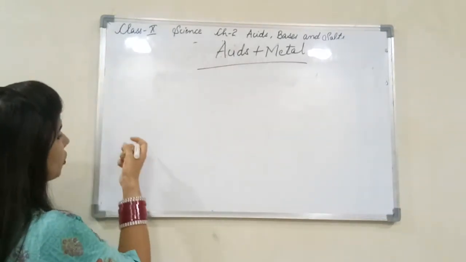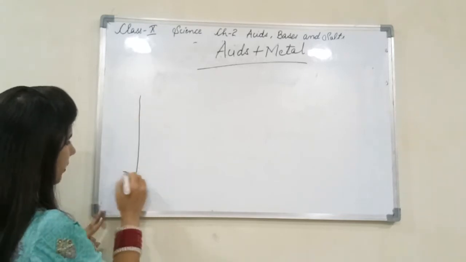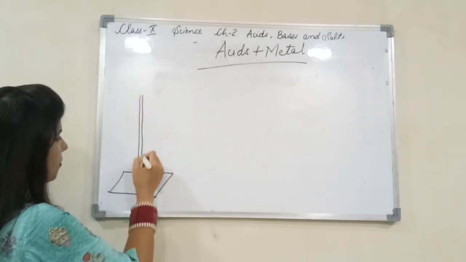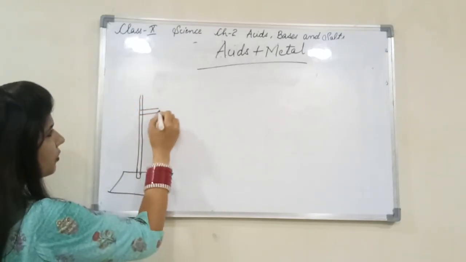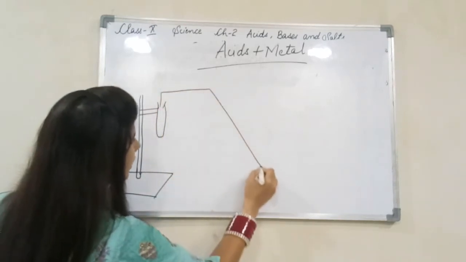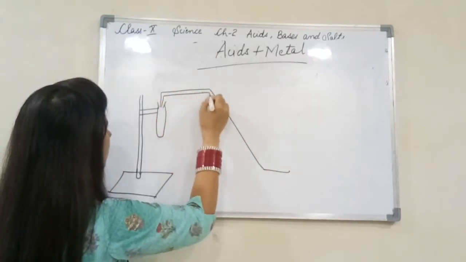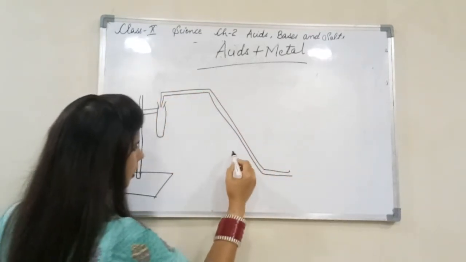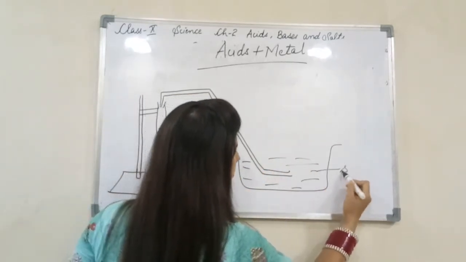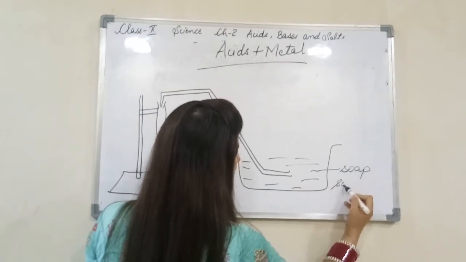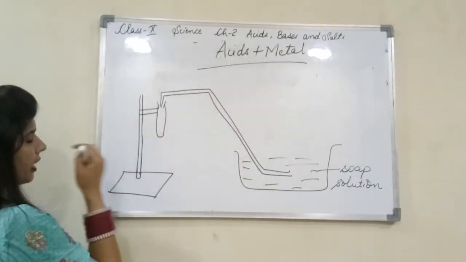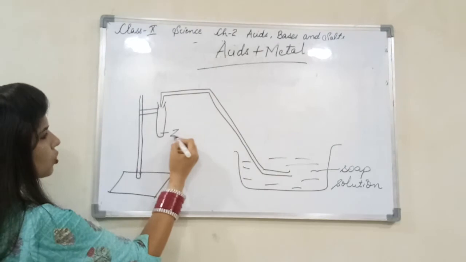In that case, what you have to do is, you will be taking a clamp stand. I hope you have seen this stand in your labs. Take a clamp stand. With the support of this clamp stand, you will put a test tube over here. Okay, you have to put a cork. A delivery tube will come from this cork. This is a trough, it contains a soapy solution. Okay, so in this case what you're going to do is, you will take zinc granules over here.